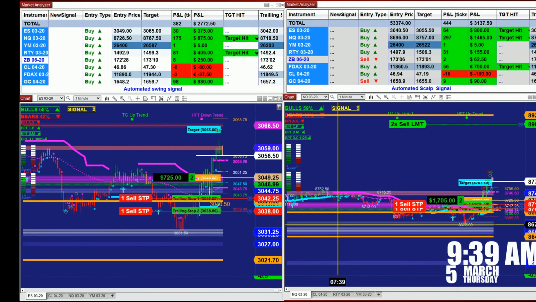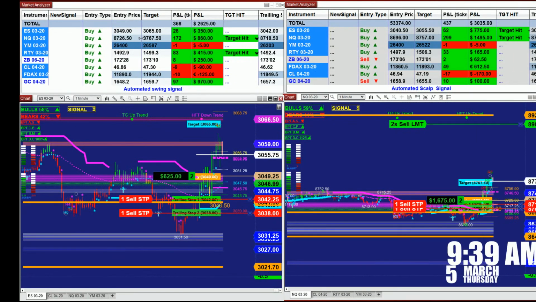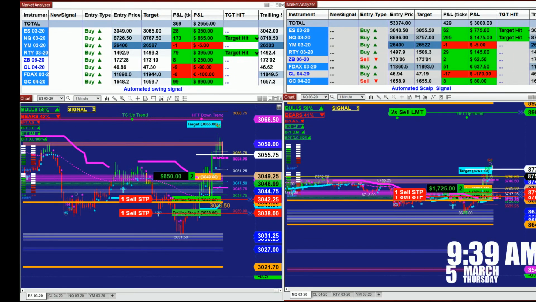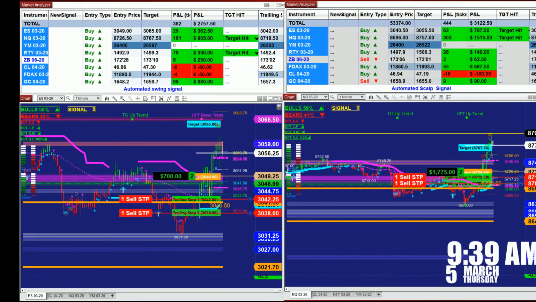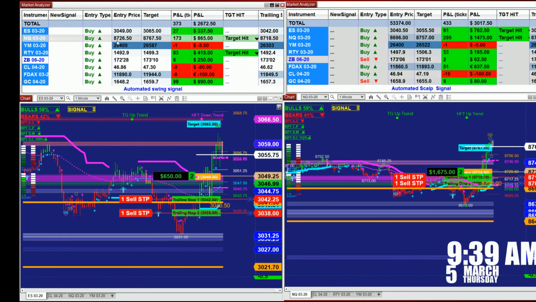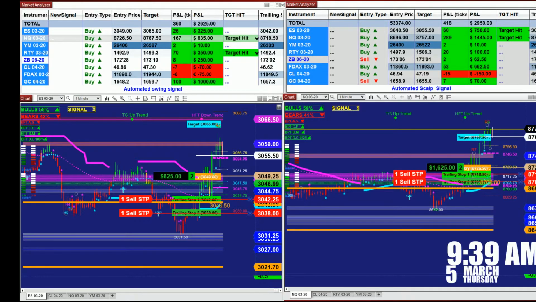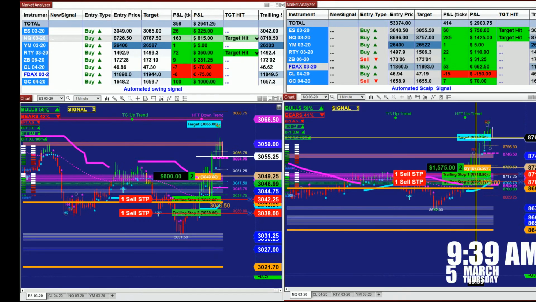Let's look at the signal trade, and at the moment we have the Nasdaq on the signal automated trade, and we just had a signal on the second chart here in the upper left corner. Nasdaq 87.2650 is the entry point. Target 87.6750 is the target. If we look at the Nasdaq, we already hit the target with 1600, and it is right in line